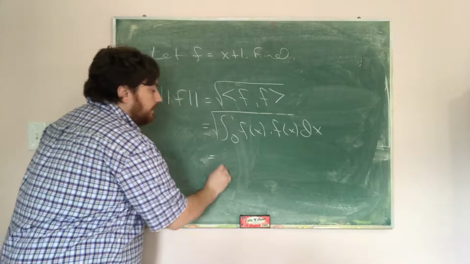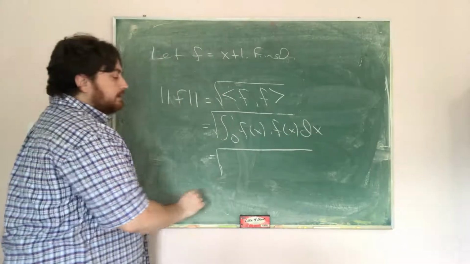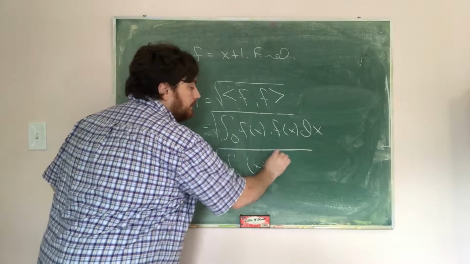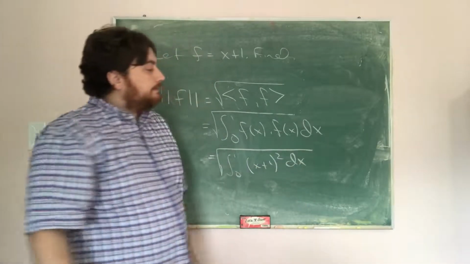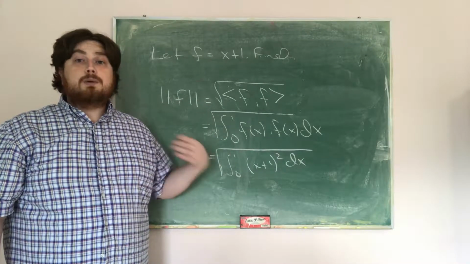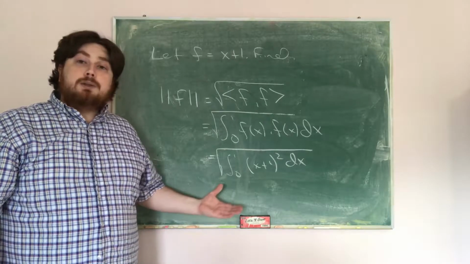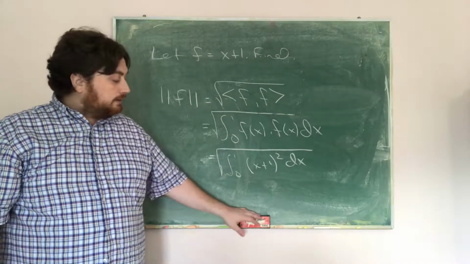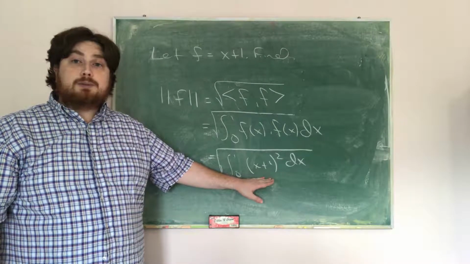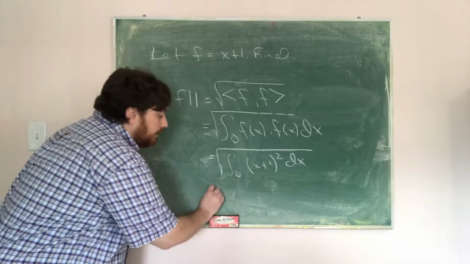If we substitute in what f of x is, we get the integral from 0 to 1 of (x plus 1) squared dx. That's what we get using the definition of norm on an inner product space, and the last thing left to do is calculate this. To do that, we find an antiderivative of (x plus 1) squared, which is going to be